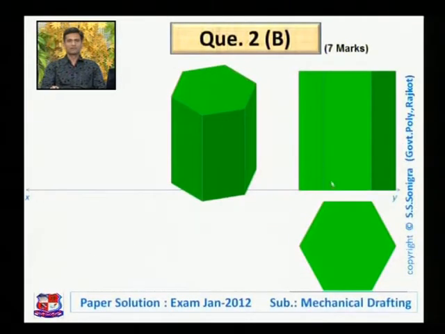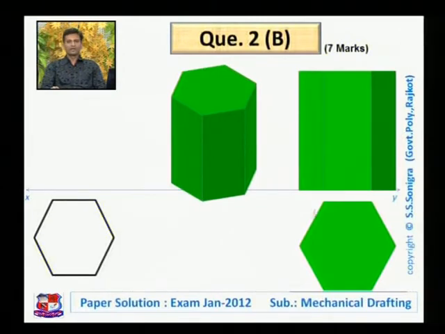So this is the hexagonal prism which is given to us. As we know, its top view would appear as hexagon and its front view would appear as a rectangle like this. These are 2 views of the given hexagonal prism. Now if we open this hexagonal prism from its surfaces from here, its development would appear as 6 rectangles like this. This is 1 rectangle, 2, 3, 4, 5 and 6. 6 adjacent rectangles would be there in case of development of this given solid.